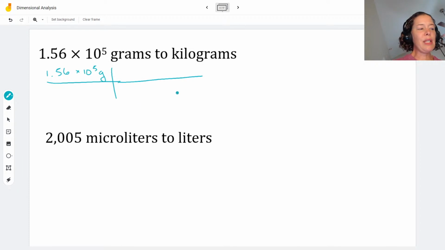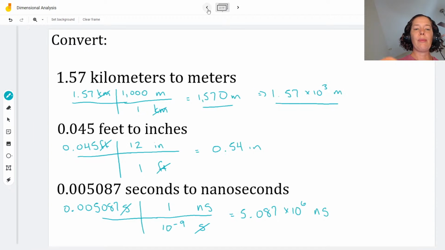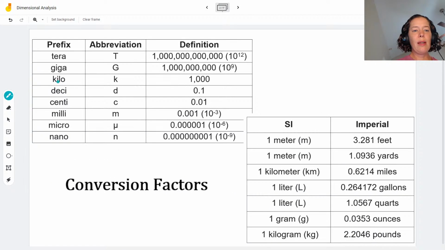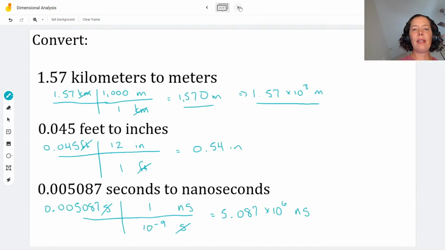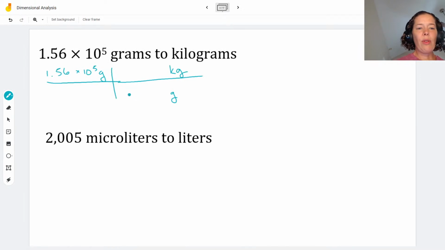Again, putting my units in first. I want to convert out of grams and I want to go to kilograms. Again, kilo, let me come back here, meaning 1,000. So there are 1,000 grams in 1 kilogram. Again, this can help to think, okay, kilogram is big, so there are a lot of grams in a kilogram. And that gives me